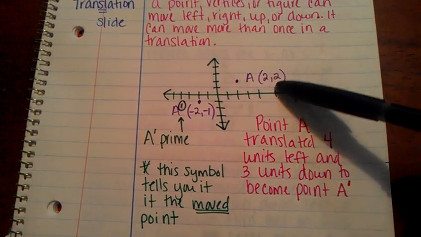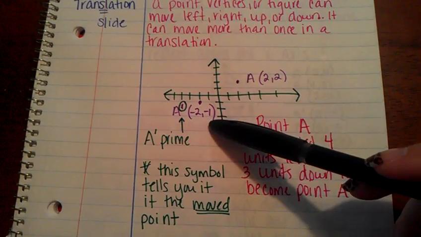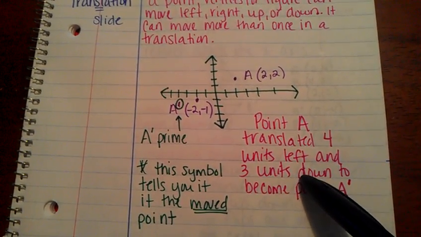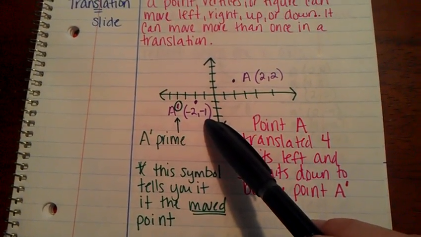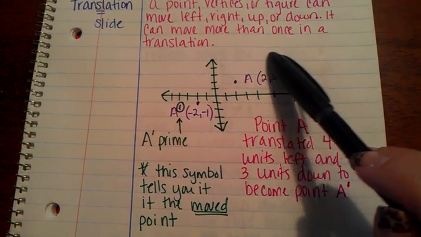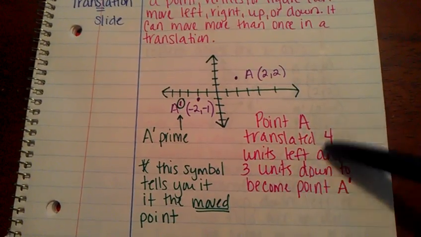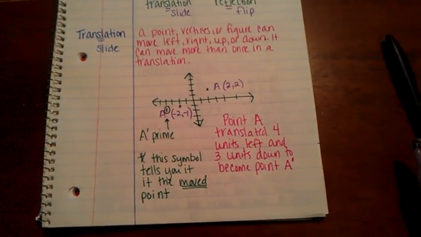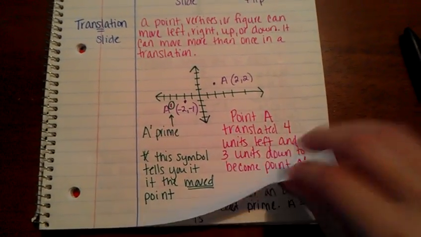Take a look at the y-coordinate. It was 2. It became -1. If I take 2 and I subtract my 3 units down, it becomes -1. So if you're given the point and you're given how it moves, you can find your new coordinates as well. That is what a translation is. Next,